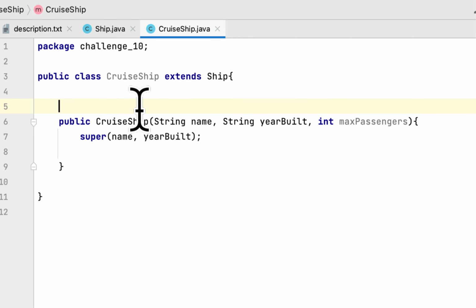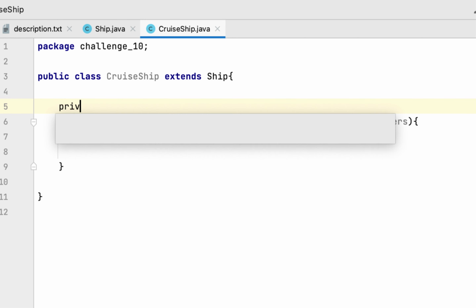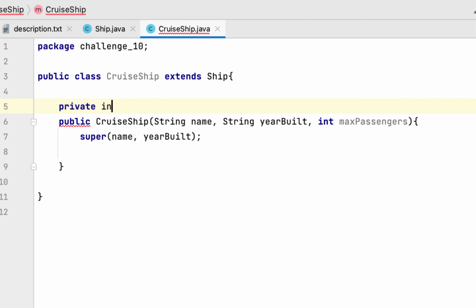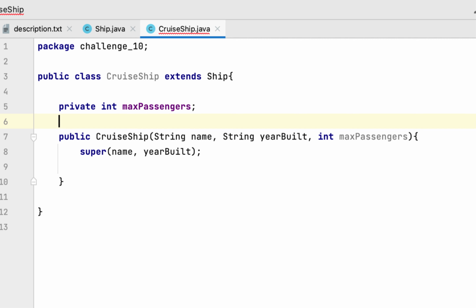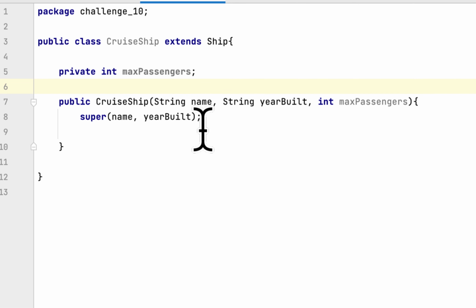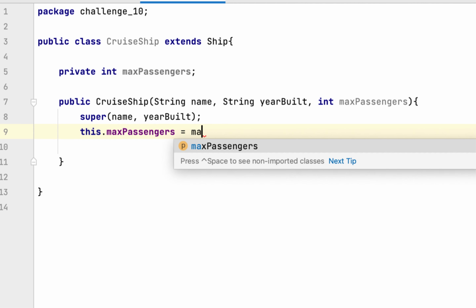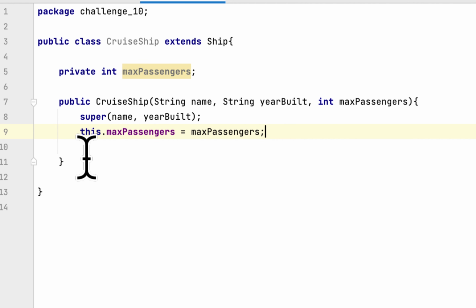And here we have to create a private field, an int called maxPassenger. Then you have to set maxPassenger to maxPassenger,